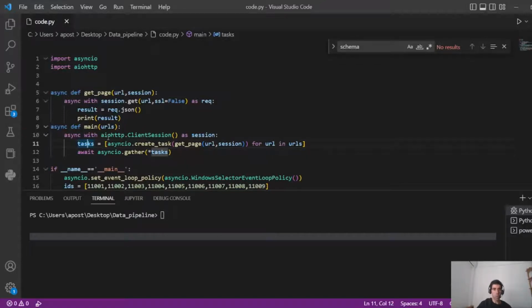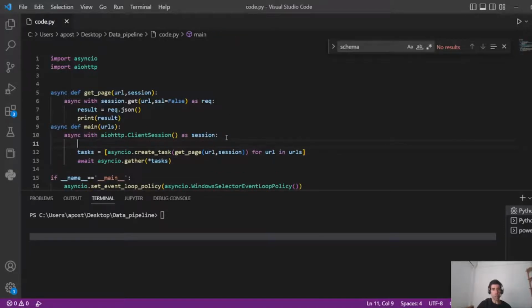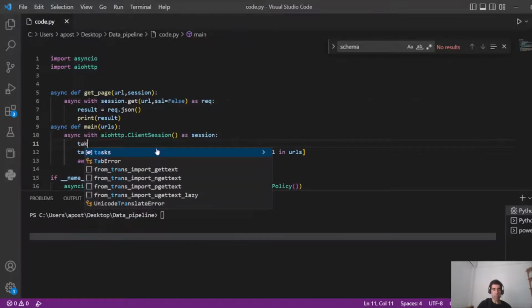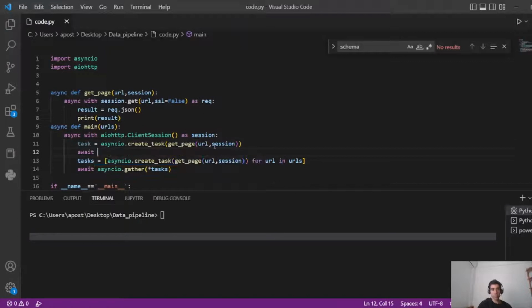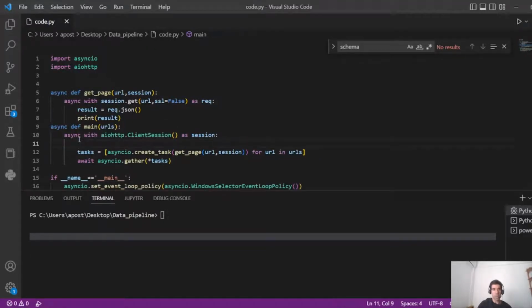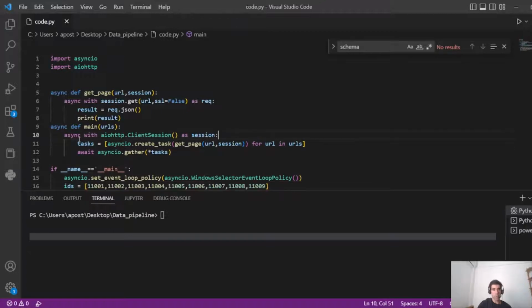Now, if you want to, let's say, run only one task in Asyncio, you can create a task like that, asyncio.create_task, right, like we did, and we pass the get_page exactly like we have in the list comprehension, and then you just use the await keyword and task, and it's going to execute that task, right? But we want to execute multiple tasks at the same time, concurrently actually, not simultaneously but concurrently, and then